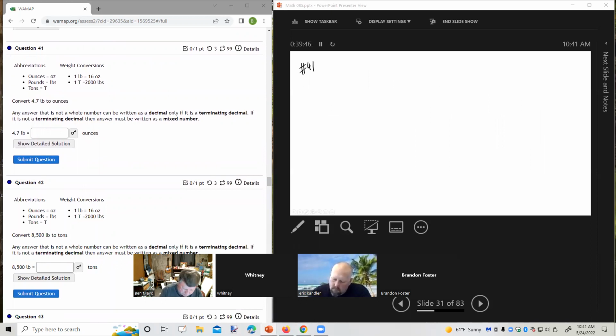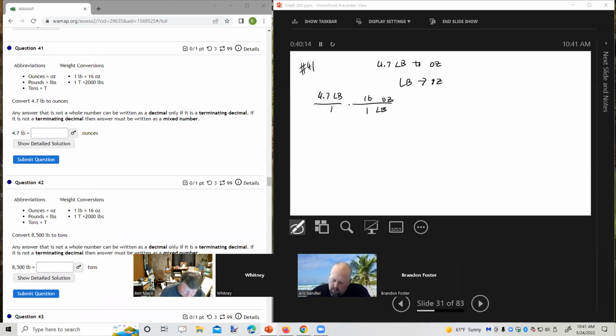41. Convert 4.7 pounds to ounces. Keep in mind, ounces and fluid ounces aren't the same thing. Fluid ounces has to do with volume or capacity, cups and pints and quarts and gallons. Ounces has to do with weight, tons, pounds, those kinds of things. I can go straight from pounds to ounces. So 4.7 pounds,